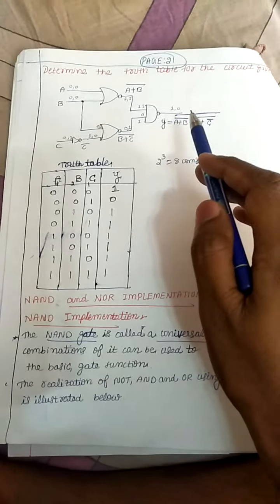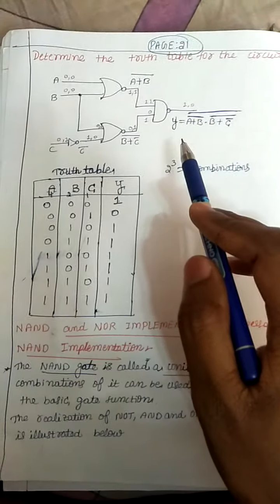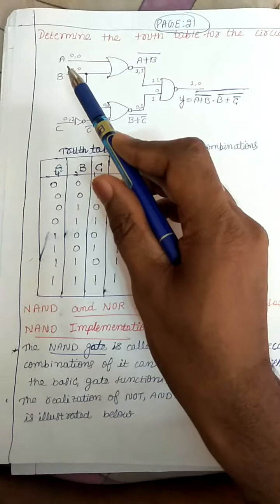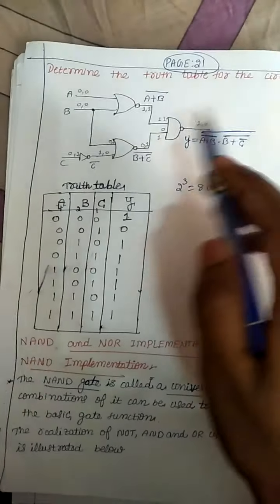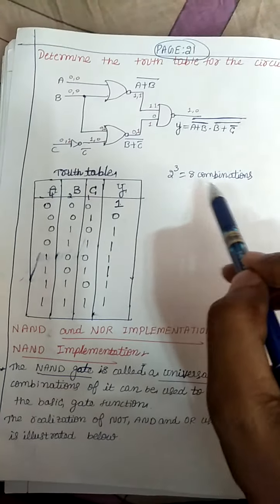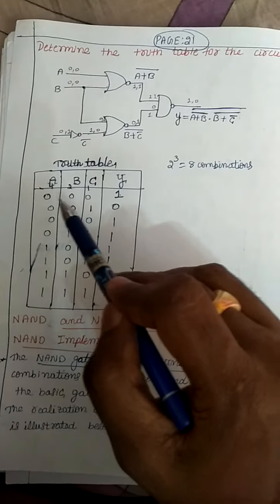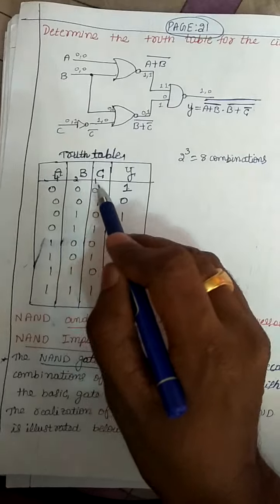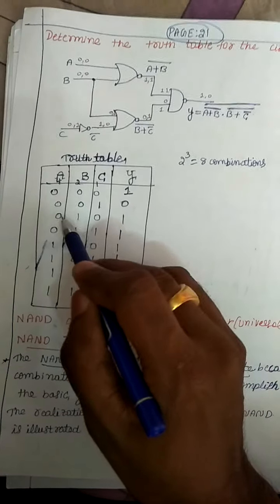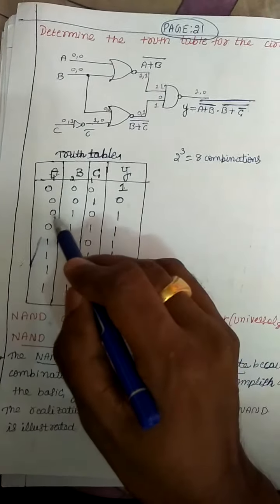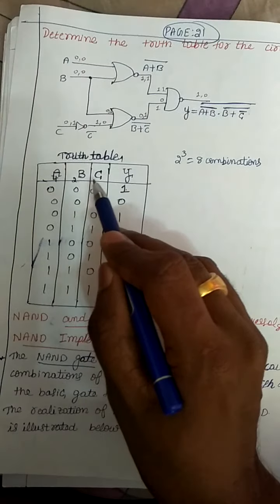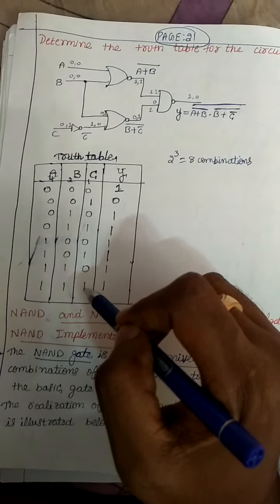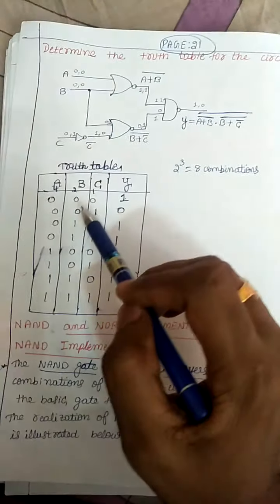So this is another kind. They will give the circuit diagram and you have to write the truth table. How many inputs are there? 3 inputs. 2 to the power of 3 means you will get 8 combinations. In 4 to 1 format: 0; 1 means in the place of 1 you have to write 1; 2 means in the place of 2 you have to write 1, rest 0; 3 means in the place of 2 and 1 you have to write 1, 1, rest 0, like that, up to 7.